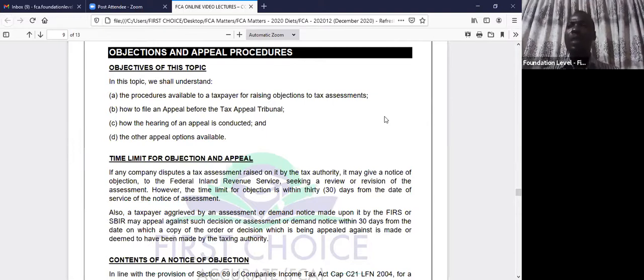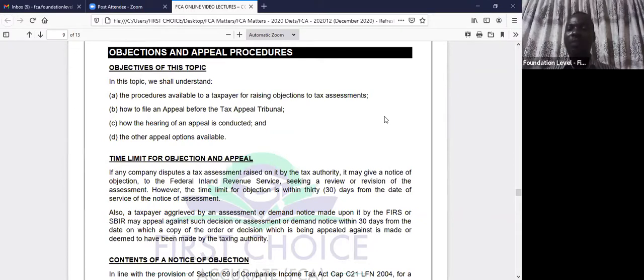Okay, now when the additional tax is issued to you, the government will write on the assessment notice that you have 60 days to pay off this tax. Okay, some will even say you have 30 days to pay this tax. Now, within that 30 days they have been giving you,